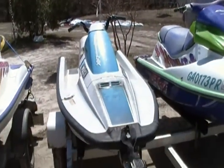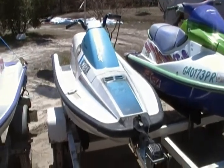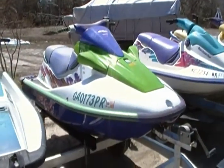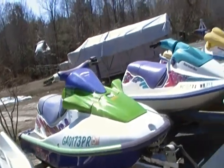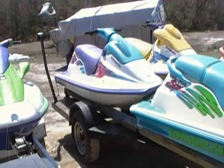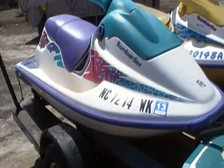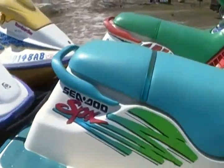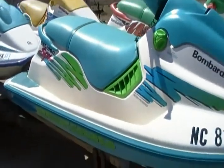Beside it a Yamaha, I believe it's a 92 650 Wave Runner. I have a 95 Kawasaki 900 ZXi, and I have a 95 Sea-Doo SP, 94 Sea-Doo SPX,